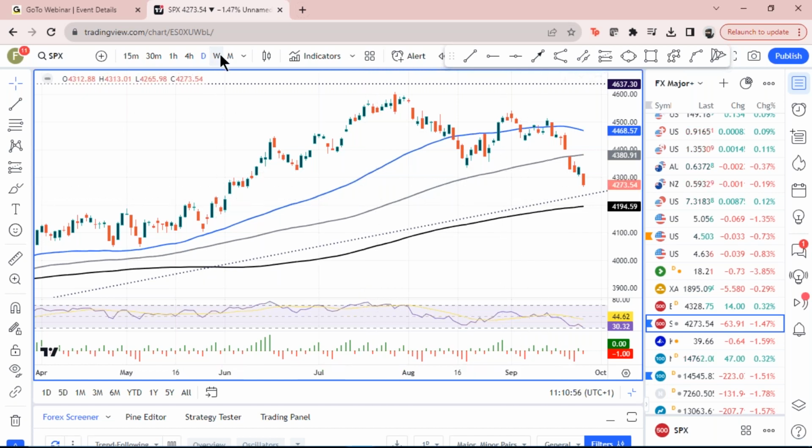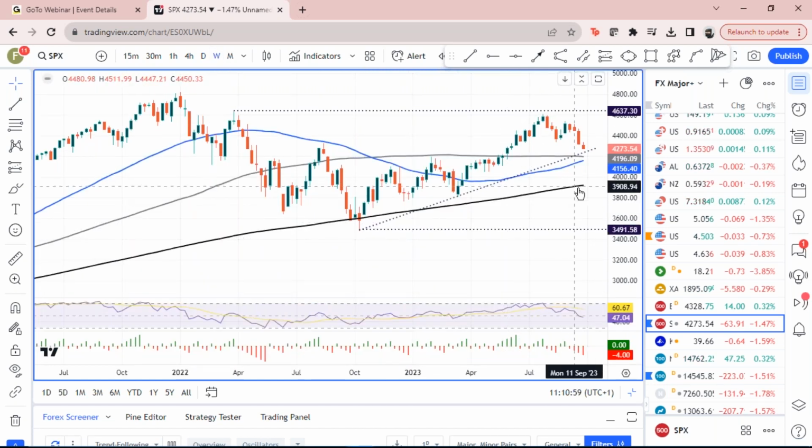And you can see, if we just go to the weekly, you can see that big red candle closing on its lows and really pointing to more declines, which is what we're getting this week, of course. Last week, the S&P closed down 2.9% on the week, while the Nasdaq closed down 3.6%. Both indices now falling, you can see, for 3 consecutive weeks, and potentially a fourth consecutive week. We have to go back to the end of last year for 4 consecutive weeks of decline.